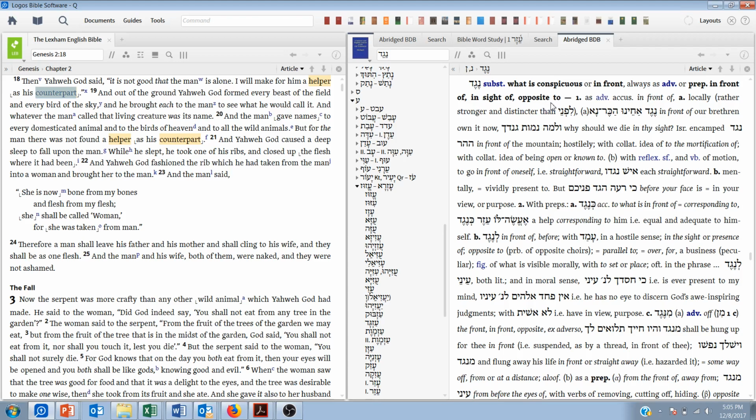Neged means what is conspicuous or in front, always as an adverb or preposition: in front of, in sight of, opposite to. So now let's think of it as if God is saying, I will make for him a helper in front of him, a helper opposite him. Counterpart is probably a good translation in this case,